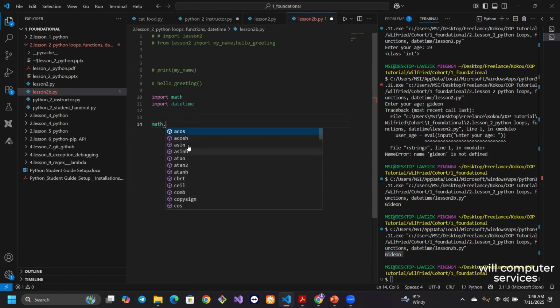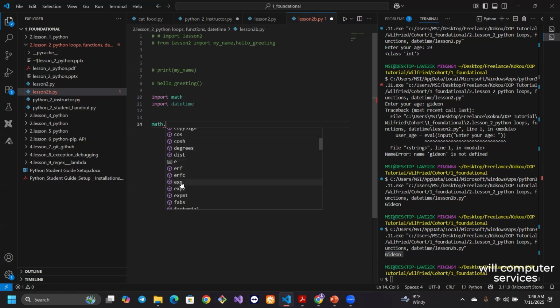You can see that, right? For people that have a mathematical background, you know what most of these things are. Tan, sine, cos, like you're looking for a cosine of a degree,